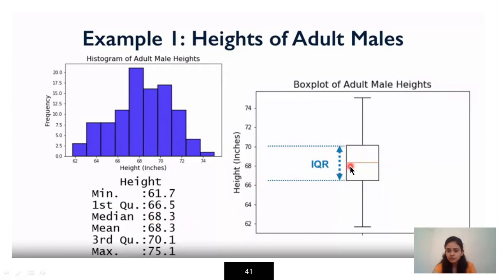Within my box, this horizontal line will be my median, somewhere over here, 68.3. Then comes my third quartile, that is 70.1. So the ending of the box will be my third quartile, 70.1. Then comes my maximum value, that is 75 point something. So this will indicate my maximum value. So this is how the box plot is drawn.